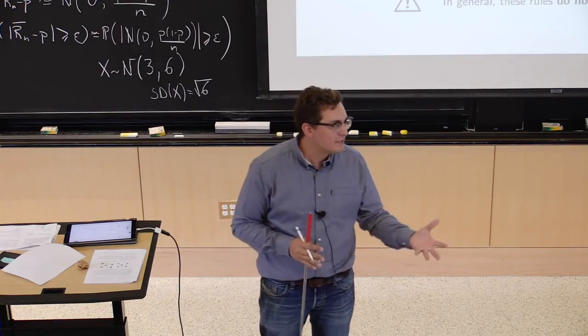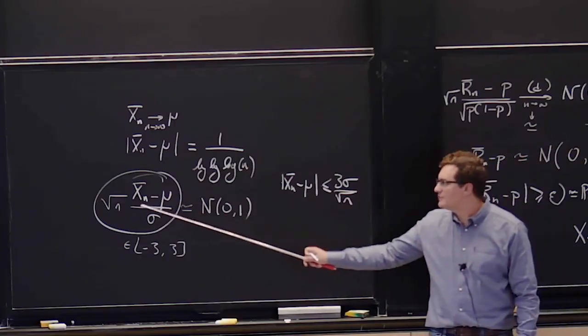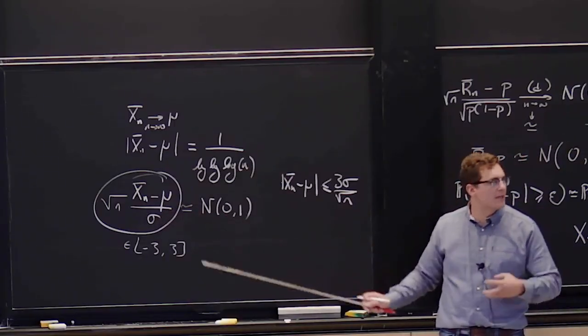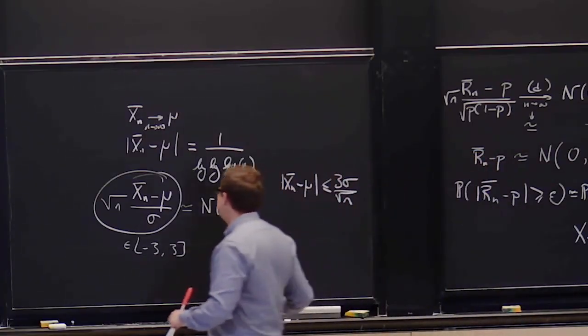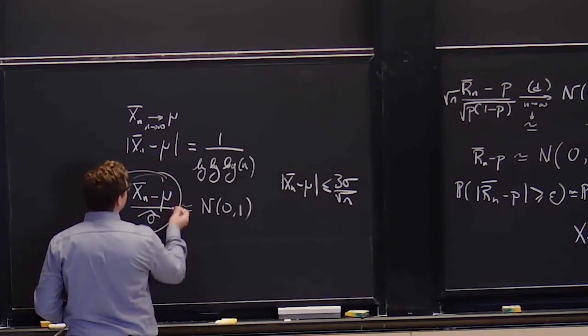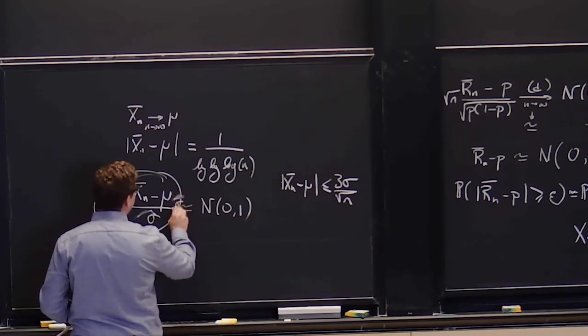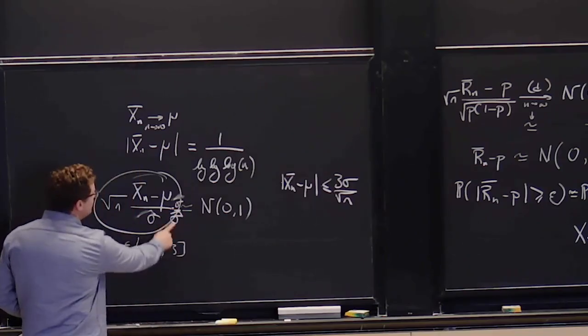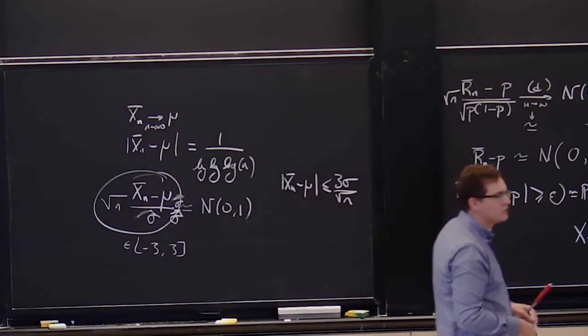Maybe we're going to have one estimator for the mean, for which we're going to have a result that looks like this. But maybe we won't know what sigma is, so we're going to have another estimator for sigma. So we're going to replace this by sigma hat. And then we're going to have something that looks like sigma over sigma hat, something like this. And this guy, by the law of large numbers, is going to converge to 1. The other guy is going to converge to a Gaussian.